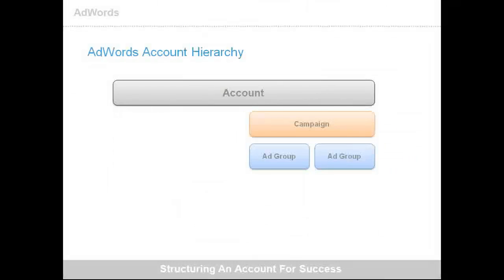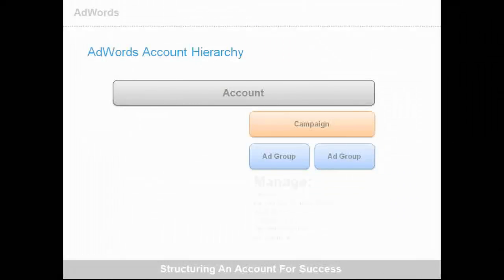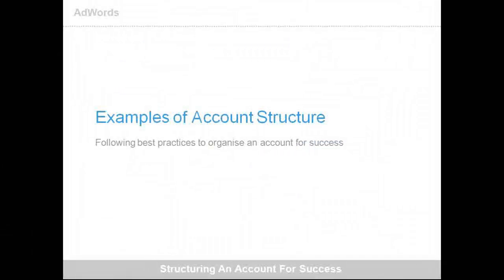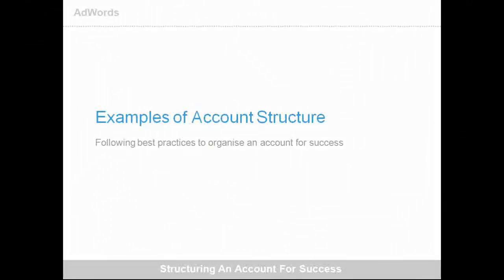Now, within a campaign, these are a few of the things that you can manage. You can manage the daily budget, bidding style, the network you're targeting, which is either search or display, location and language targeting, bid adjustments, which can be based upon location, language, devices, ad rotation, and scheduling, and then you have the advanced campaign settings. So, within an ad group, these are the things you can manage. You can manage your keywords, the match types that they're associated with. You have an ad copy. Under display, you have targeting options, and then you have the ad creative.